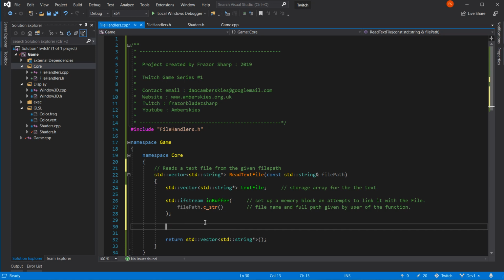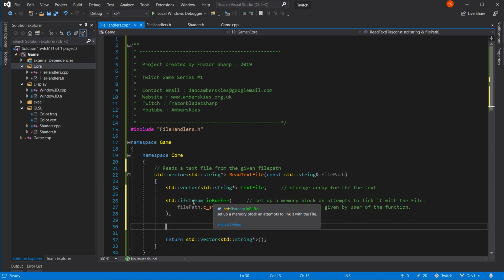So now we have an in buffer that's connected to our file path. What we need to do now is check whether we have been successful in finding the file. Is in buffer going to give me a return value or not?